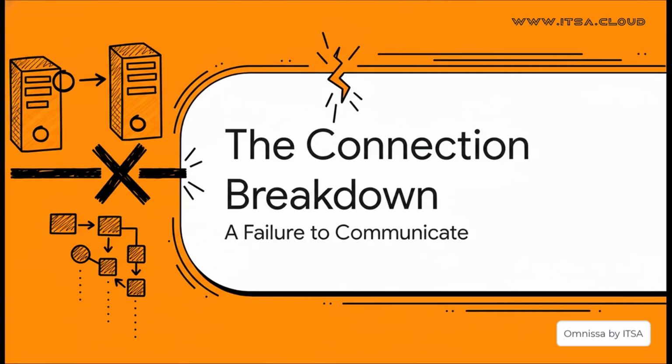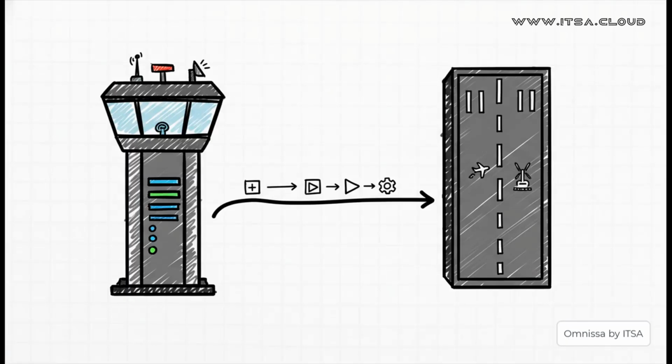Okay, so the first place we've got to look, it's the most fundamental thing, really. The communication channel between your Horizon connection server and vCenter. Because when that link breaks, everything else just falls apart. This analogy is just perfect because it nails the relationship. The connection server is the air traffic controller, right? It's barking out orders. Hey, create this desktop, power on that VM, refresh this pool. But if vCenter, the airport, isn't getting those messages, you just get chaos. No new desktops can take off, and none of our users can land where they need to be.